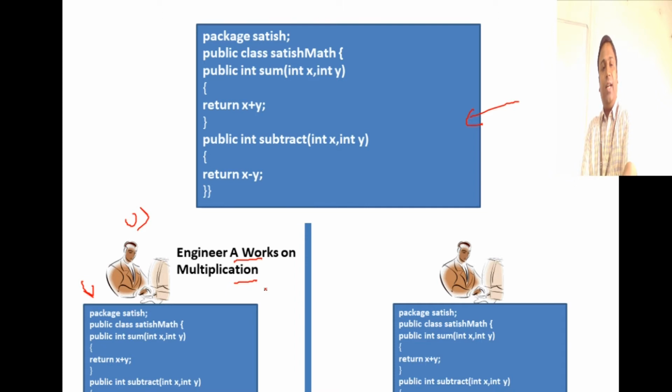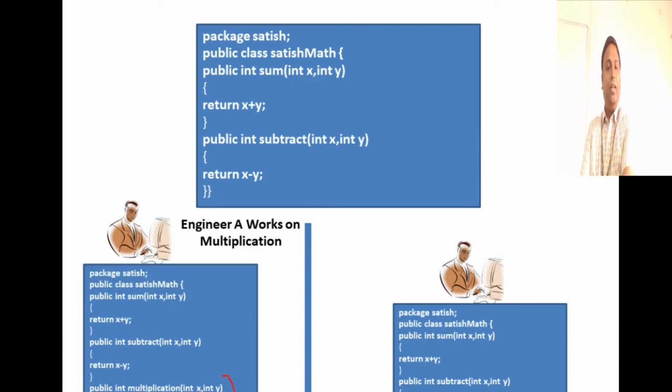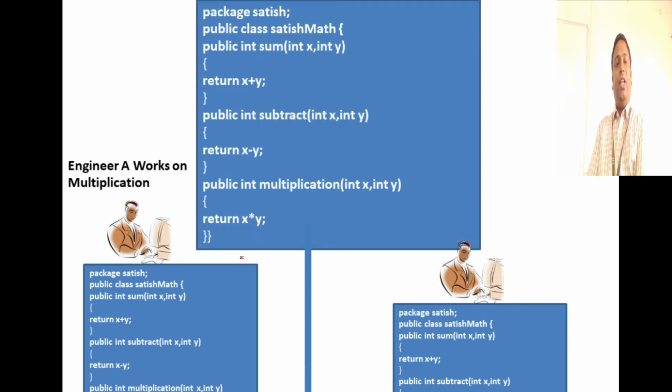So he goes and adds the multiplication function, as you see here. He's just multiplying two numbers. He has the multiplication function, so he's done with his code changes. And this guy, maybe he's a lazy guy, he's taking some time to work on the code changes. But he has copied that code already from the server.